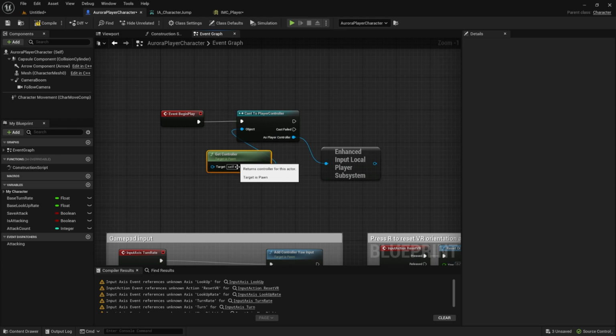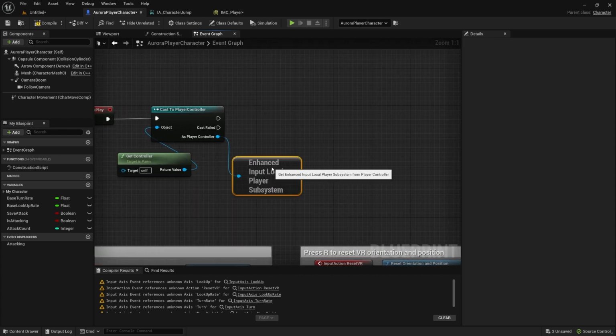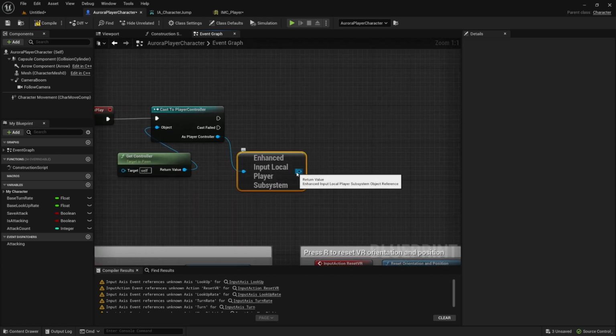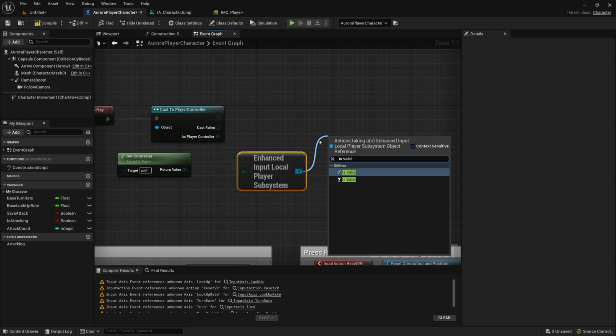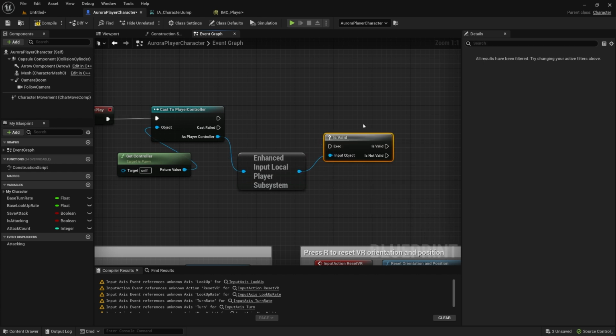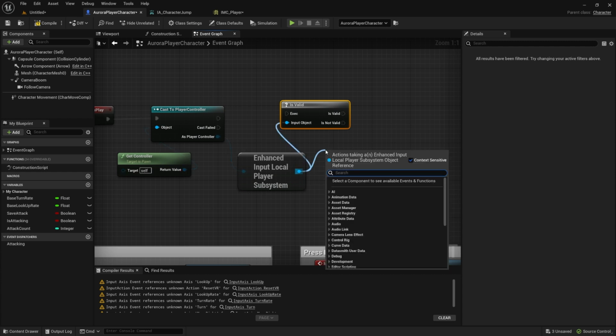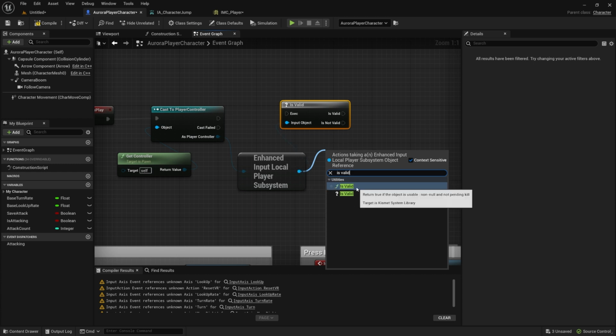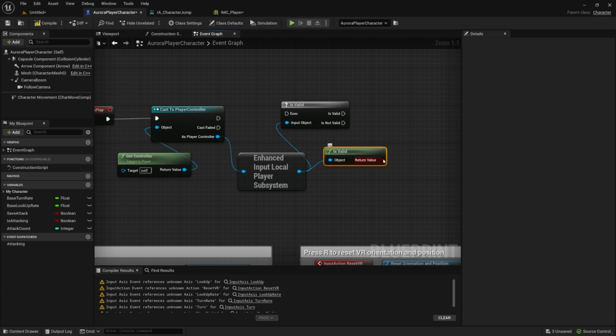And from here, just in case, it's a good idea to check if this is valid. Is valid has two flavors. One is a function which returns a boolean. One is this macro. You can use either one of them